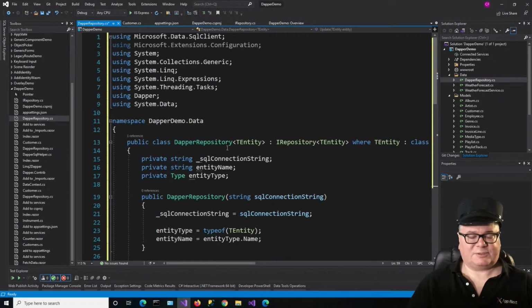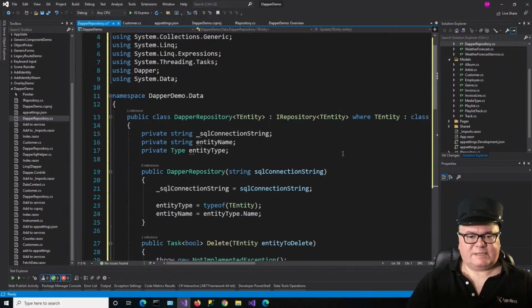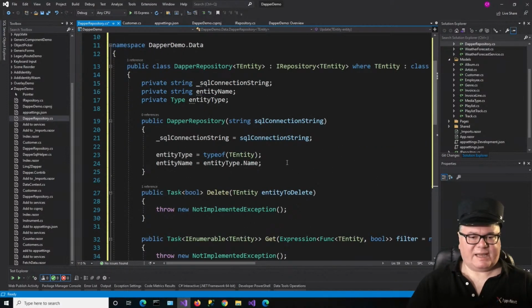The Dapper repository is typed. So we have this generic type, TEntity, because our IRepository is generically typed as well. So we've got a SQL connection string that we'll have to load in. I'm getting the entity type from typeof TEntity, and also the name of that type, and I'm storing those